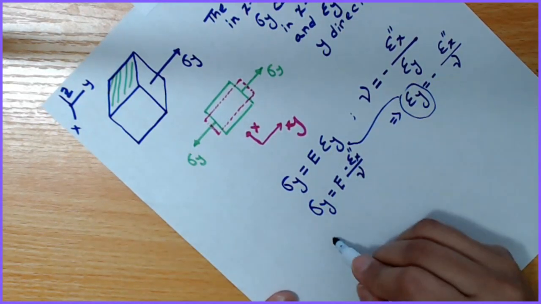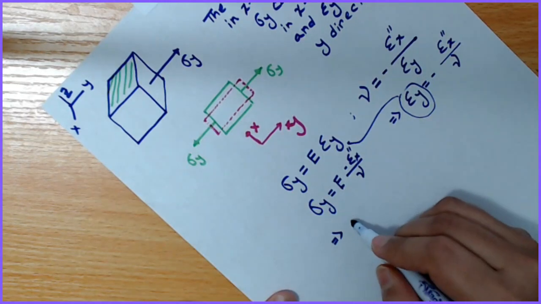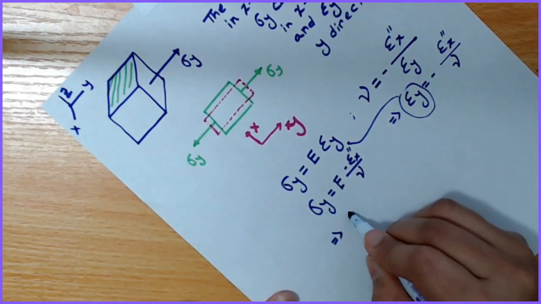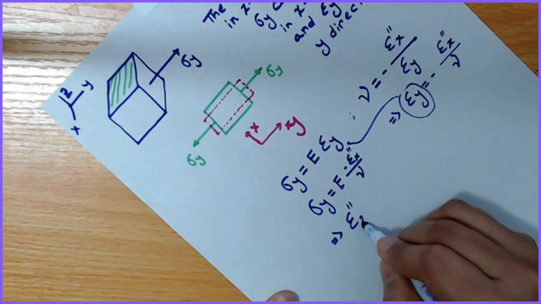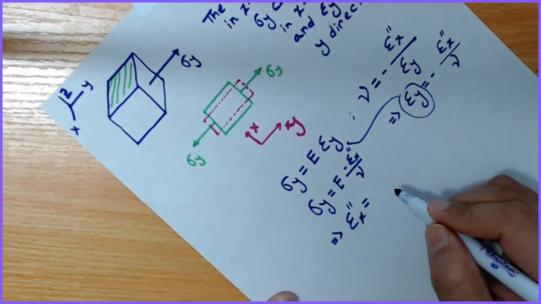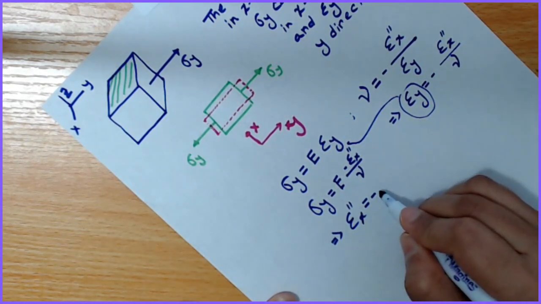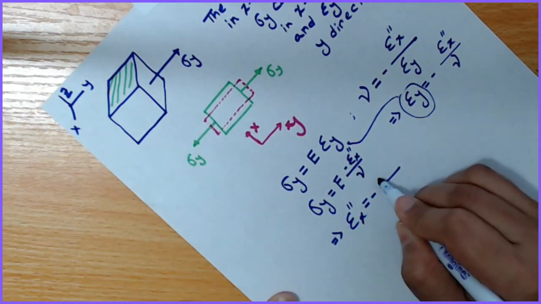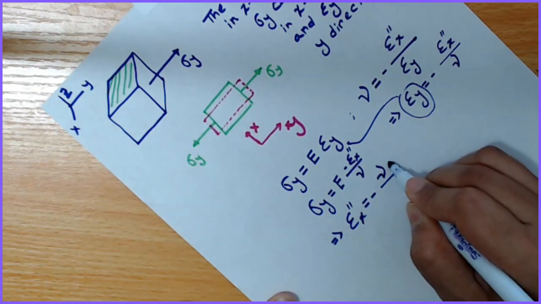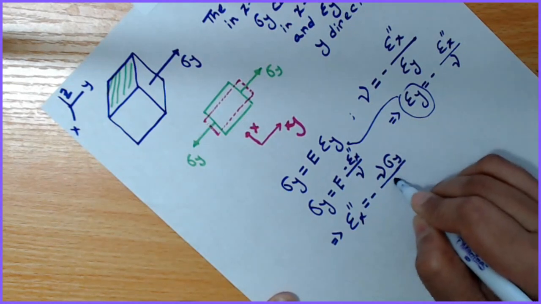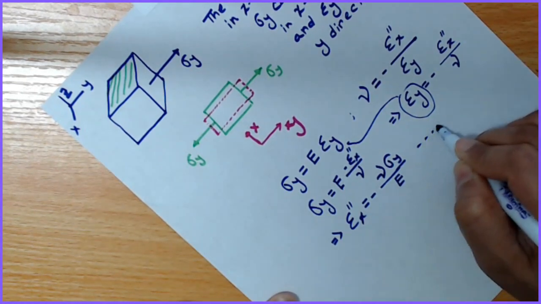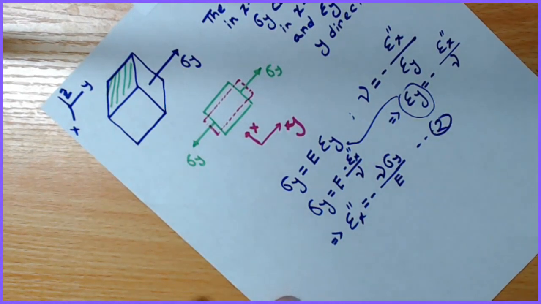If you do the rearrangement, we can write epsilon double prime x equal to minus nu sigma y by E. So this is my second equation. Okay,